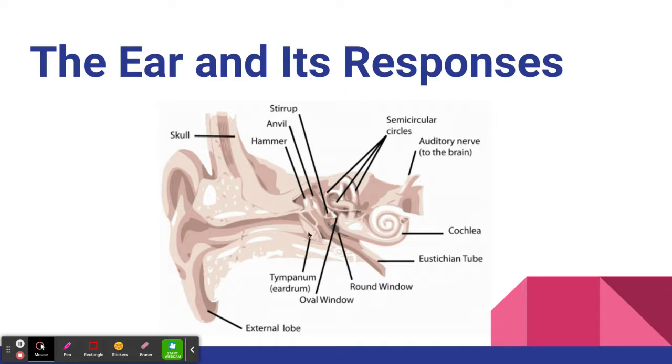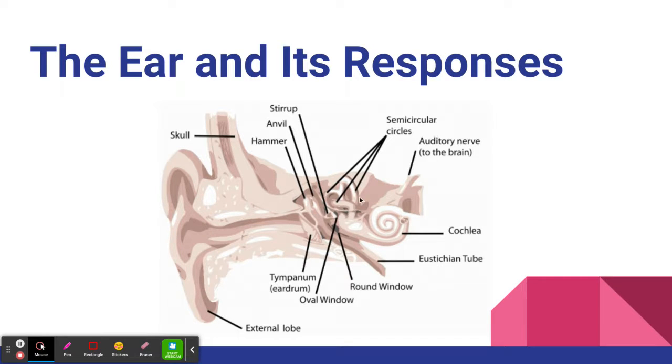Here you have what's called the tympanum. This is your eardrum. This is going to vibrate, and it's going to send those vibrations here to the hammer, then to the anvil, then to the stirrup. And all three of these are the smallest bones in your body, and they're going to vibrate and continue to concentrate that noise in a particular way, all the way here to the round and oval windows, little membranes, kind of similar to your eardrum, that will continue to focus and work those vibrations down until